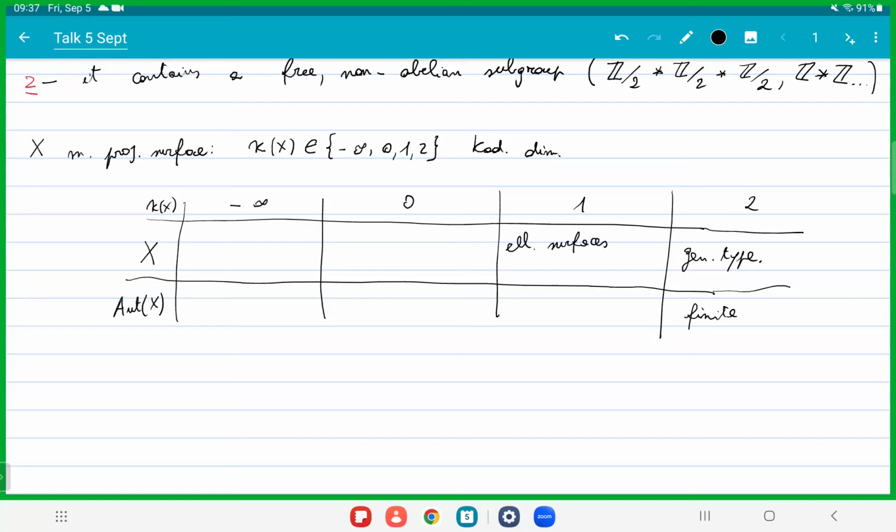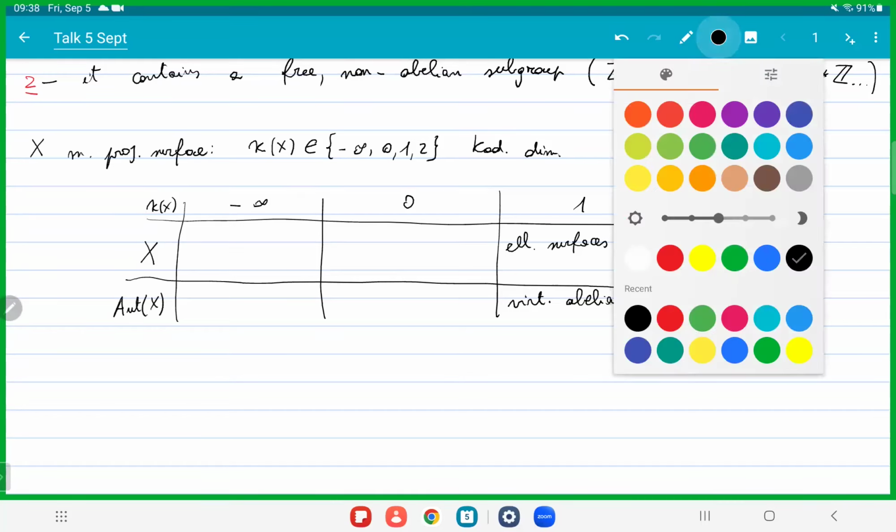But the important thing that we would like to focus on in this case is that the automorphism group here is always virtually abelian. And there's a very precise reason for this: not only is there an elliptic fibration in this case, but there's a unique elliptic fibration. So the whole automorphism group basically consists of translations along this elliptic fibration, and translation groups of elliptic fibrations are just abelian. But I'll come back to this in a second.